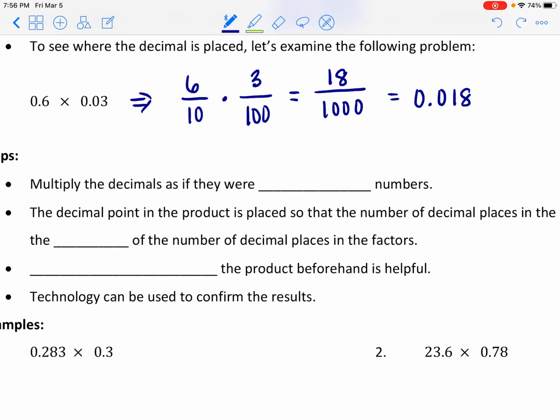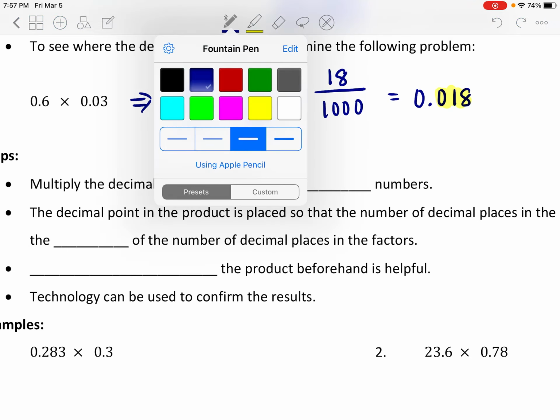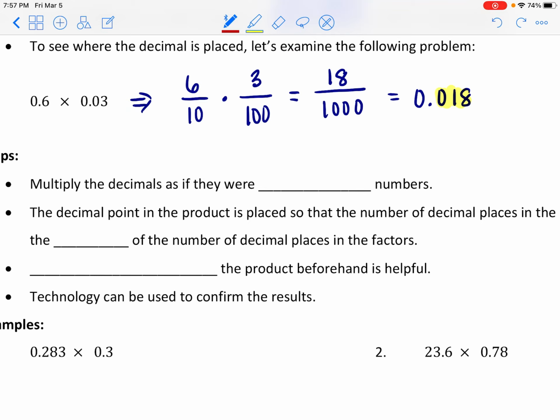What I want you to see here is where the decimal point goes. If we were just looking for the product of 6 and 3, our product is 18, so that number is still there. Multiplying decimals really ends up with the same result as multiplying the whole numbers, the 6 and the 3, we end up with 18. The difference again is we put a decimal in the answer. And what we want is for the number of decimal places in our answer, in this case 3 decimal places,